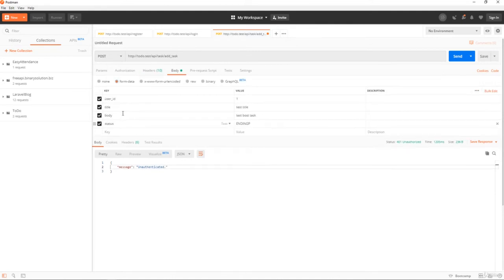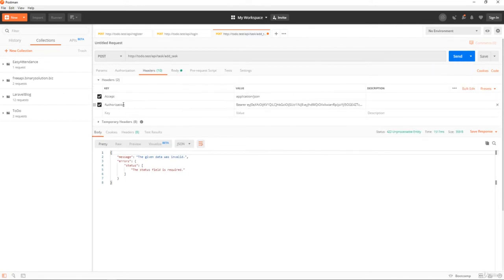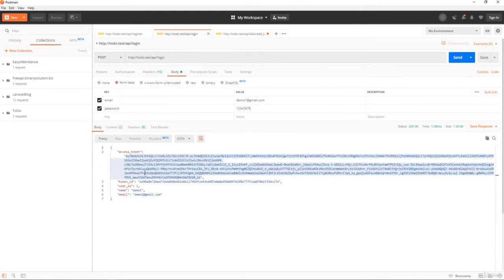Now let's go to the body, remove the status for now, and send it. Now it's sending, which means that this authorization token is correct. So we have to send Bearer, a space, and the token. The token we got when we logged in, this access token.